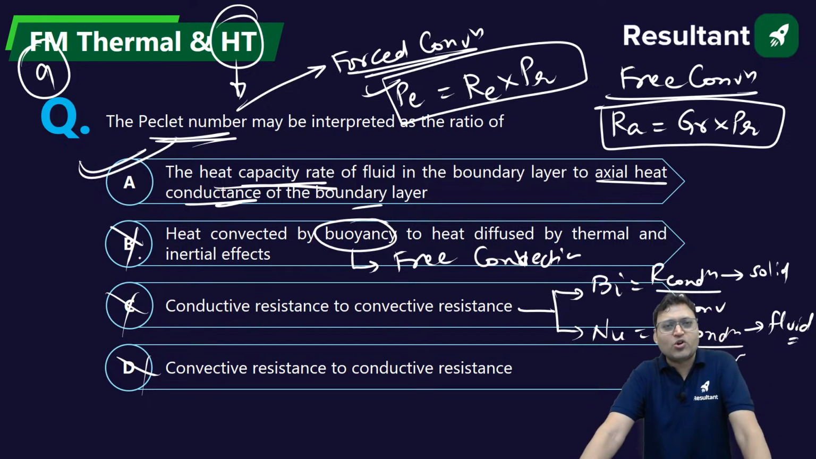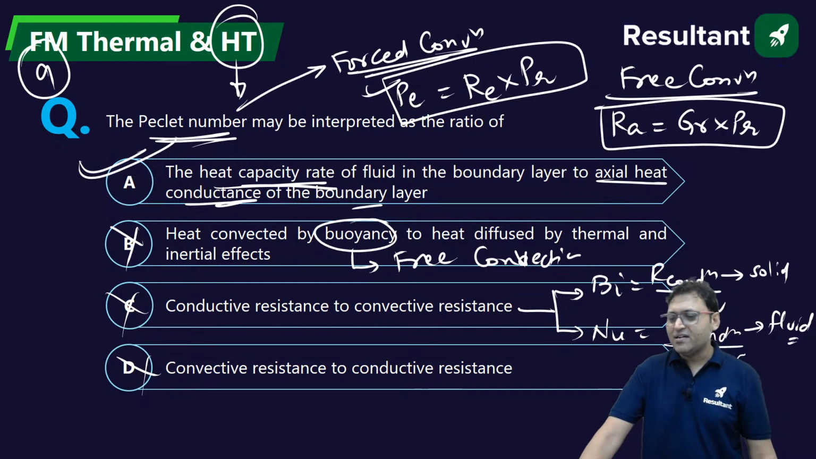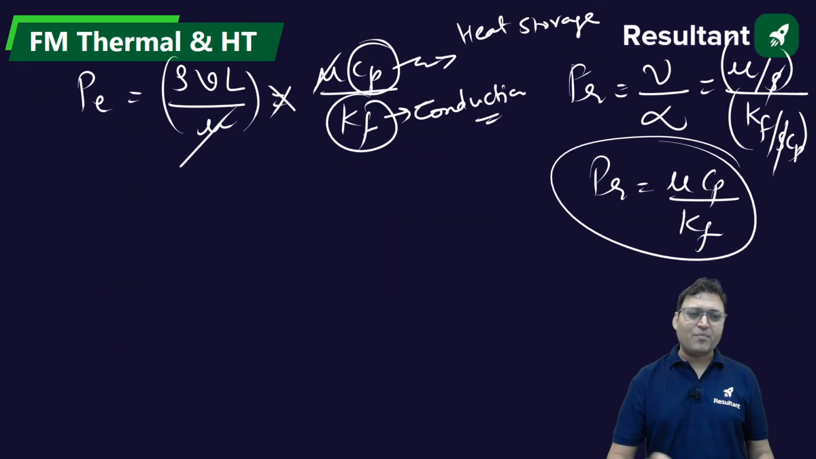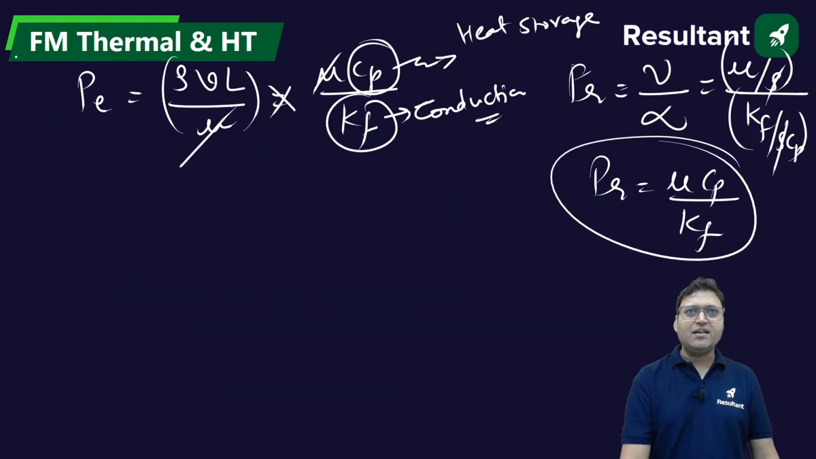Even if you do not know the correct answer, if you can use the reverse approach or elimination approach, then you can get the correct answer. All right. So A will be the most appropriate answer for the Peclet number. I hope it is clear to everyone. Give me yes. Is this all clear to all of you? Now the next question, question number 10 on your screen